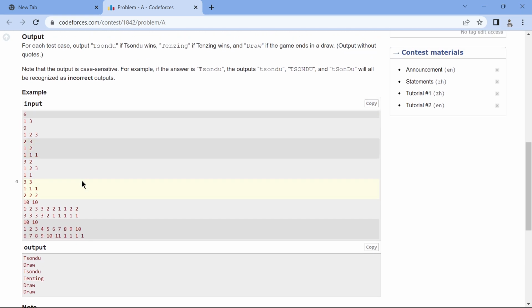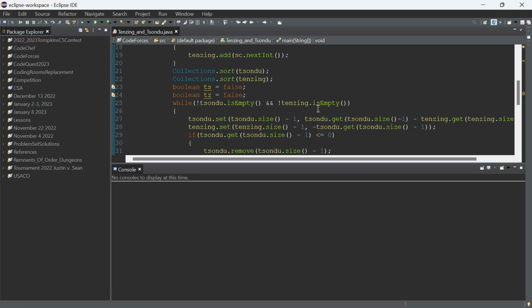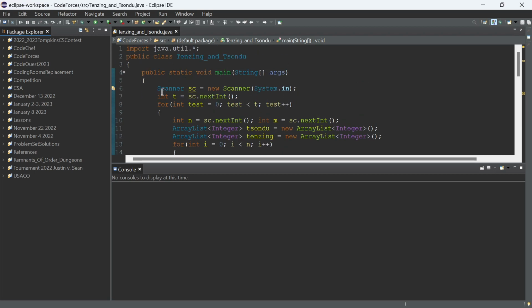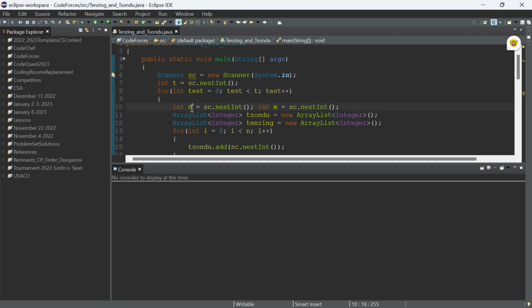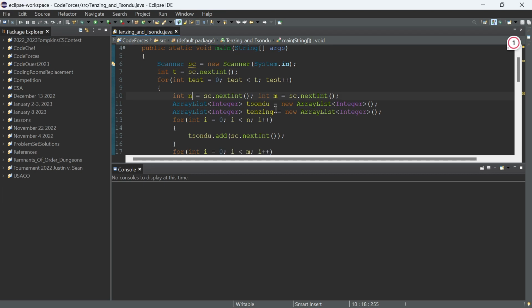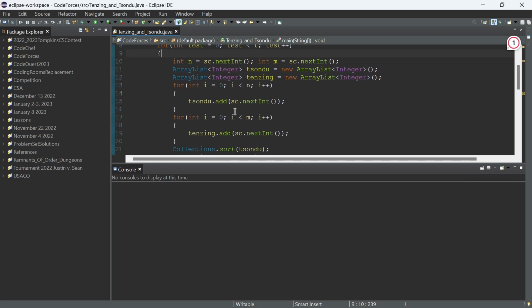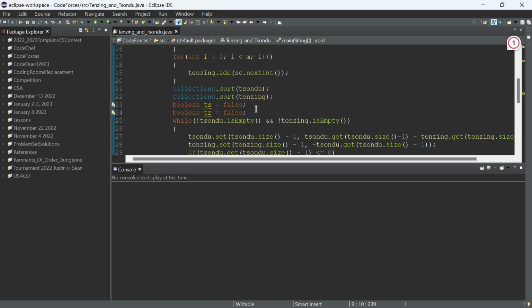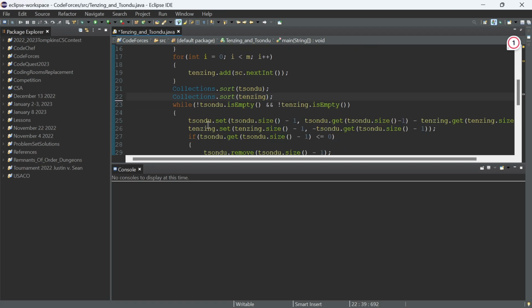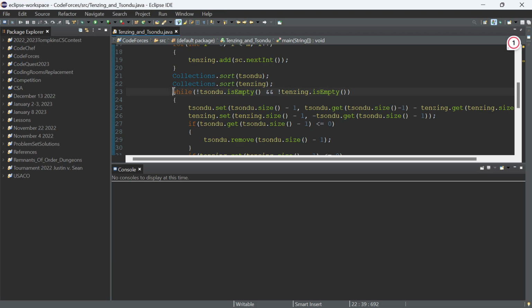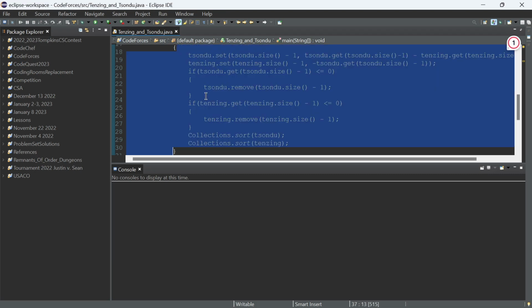So let's look at our solution. We have our scanner, and T standing for our test cases. Then for each test case, we're going to have N and M. Tsondu and Tenzing are going to be represented by an ArrayList. We add our numbers to each of them, and we sort both of them. Ignore this, it's unnecessary. While both Tsondu and Tenzing are not empty,